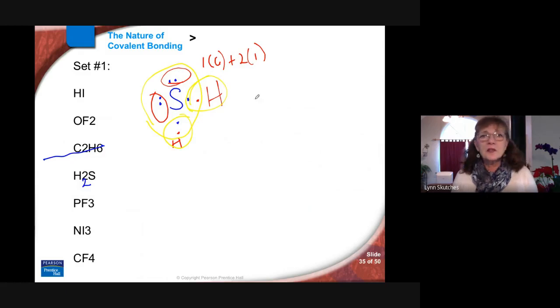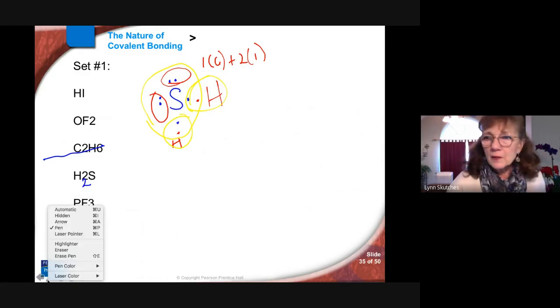What was I saying? I was saying that this is the same shape as a water molecule. That's what I was saying. Okay. And we'll learn more about that in coming days. Any questions about this molecule? All right, I'm going to move on. And so the next one is